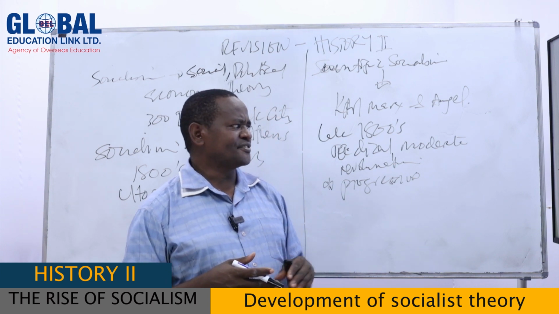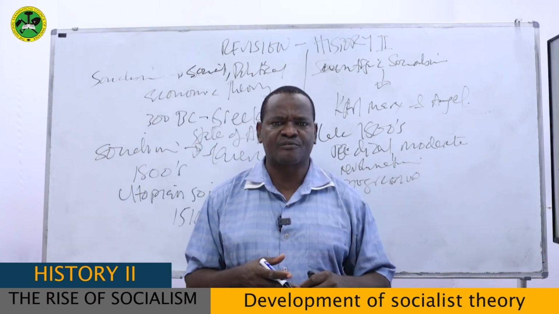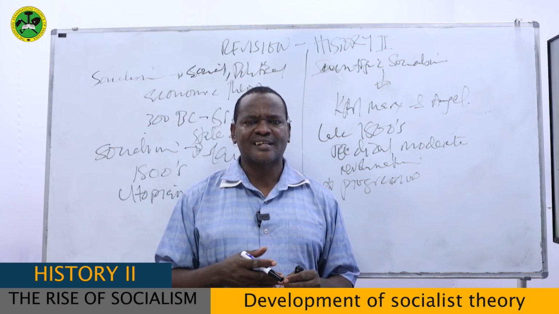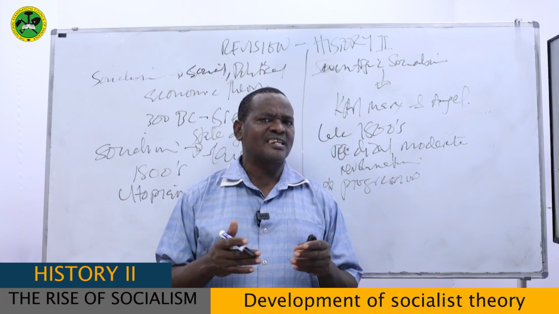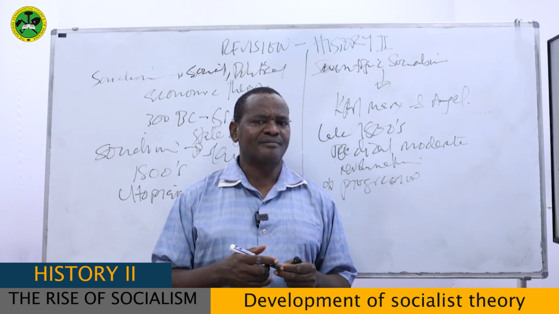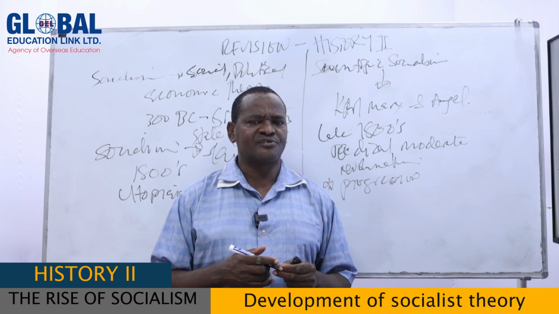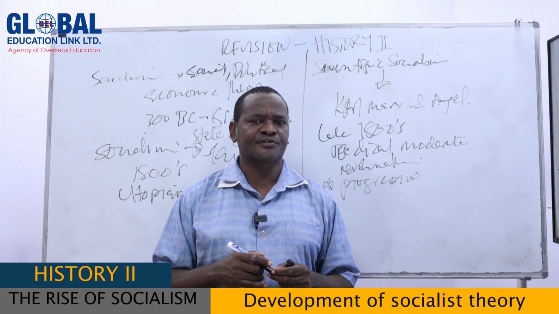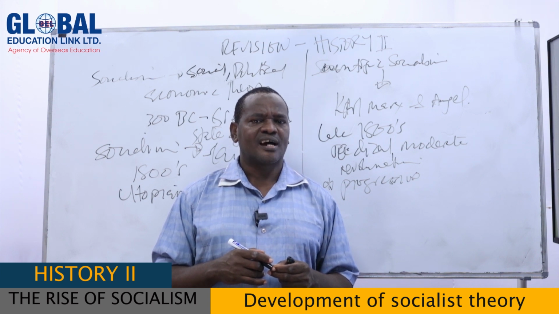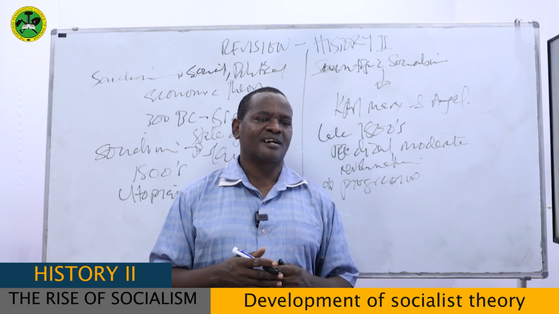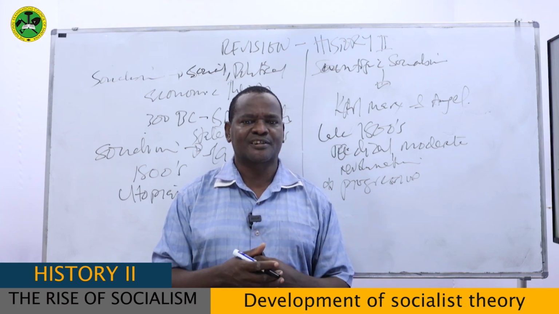So, my dear students, the best example of this was the establishment of the Independent Labour Party of England in 1900. When that political party was established, they believed in building socialism in Britain, but not the kind of socialism like the one which was introduced by the Soviet Union after the revolution. No, they wanted to establish a kind of socialism which would give more privilege to workers. And that is the example of the Independent Labour Party of England.